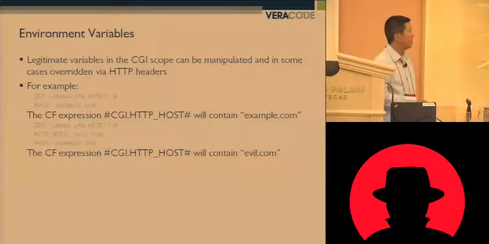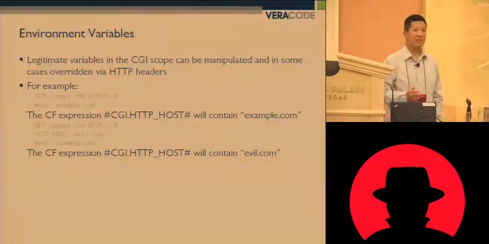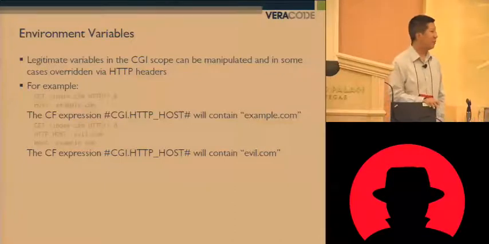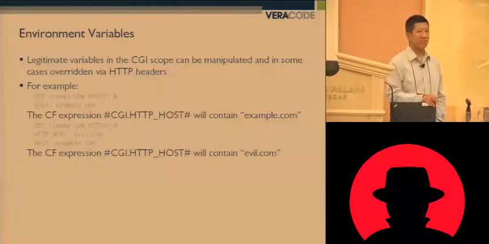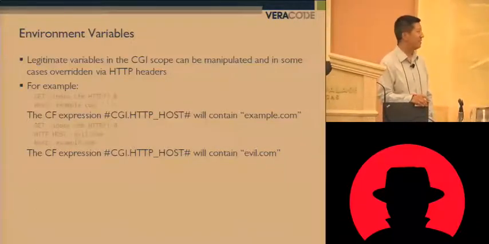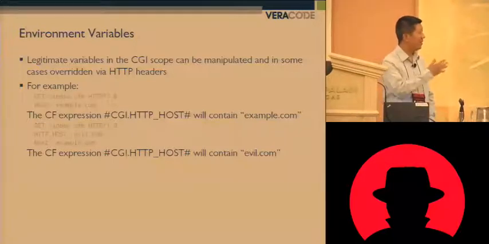Environment variables, you have a CGI scope that we talked about before, and this is similar to other CGI scopes in different application development platforms, except that in ColdFusion, you can actually manipulate a whole lot more than you can in other platforms. So normally you can alter CGI.queryString or CGI.host. In ColdFusion, you can manipulate almost everything in the CGI scope. So for example,